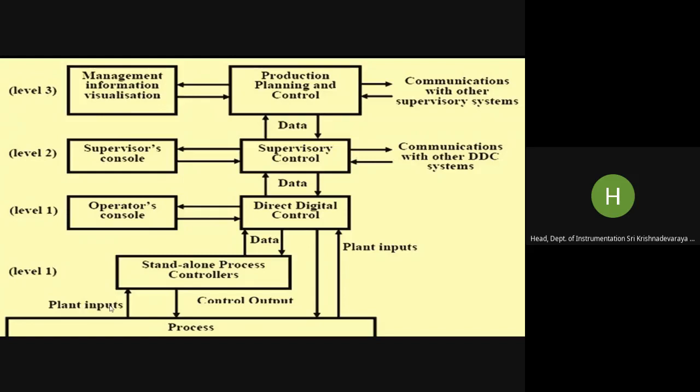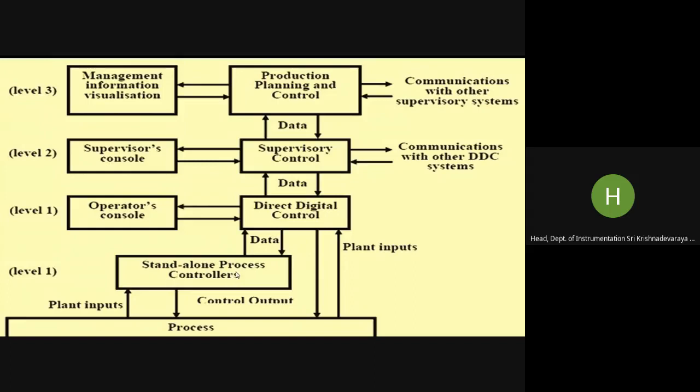You see at the bottom, you will be connecting the plant inputs, and then you have a certain logic program depending on the algorithm how every standalone process controller here. Every standalone process controller means independent process controller. So each process controller will have its own logic, depending on whether it is an on-off control, or it is a proportional control, or integral control, or a PI control, or PID controller, proportional, integral, and derivative controller, or cascading controller. You have number of such controllers.